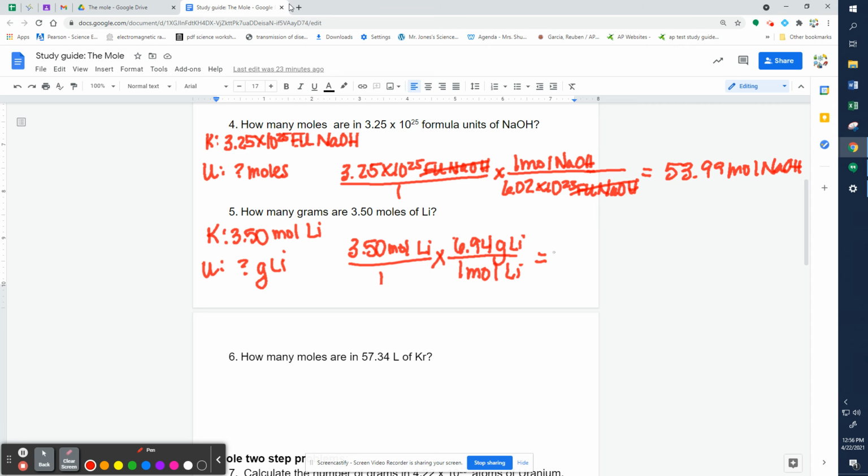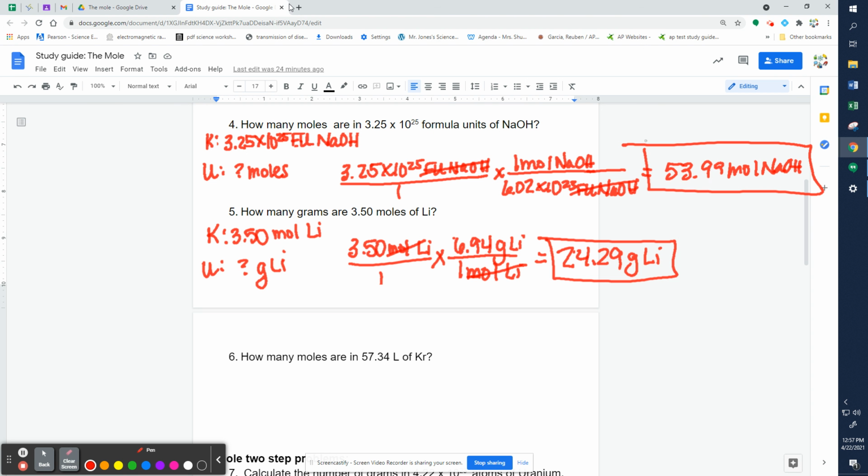Then I'm going to go ahead and multiply that. And end up with 24.29. And for my units, the moles would cancel out, so I would have grams of lithium. In our next example, our last one-step example, we have how many moles are in 57.34 liters of